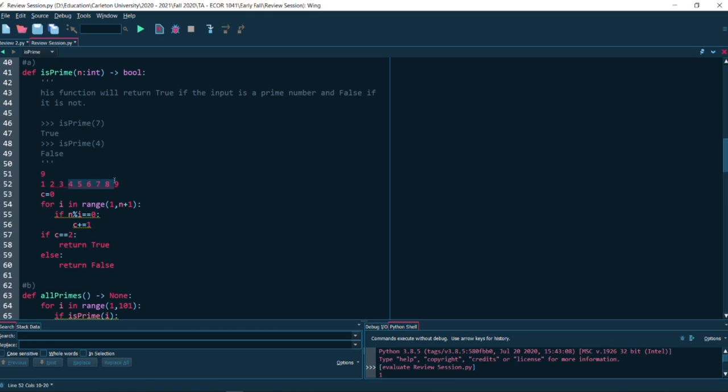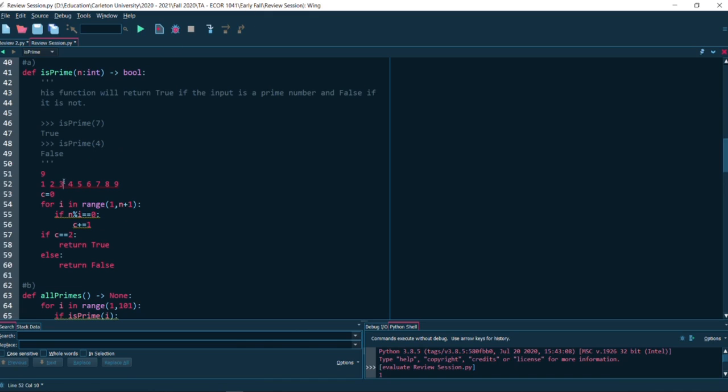And after 4, oh, sorry. Yeah, did I say no? 9 is divisible by 3. And after 4, 9 is not divisible by 4, 5, 6, 7, 8, and all the way to 9. So it only is divisible by 9, 3, and 1. So the thing is, when you're checking your numbers from 1 to n, from the square root of n and above, you don't need to check it anymore.